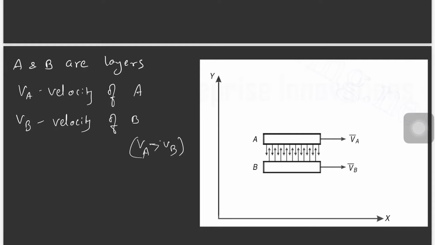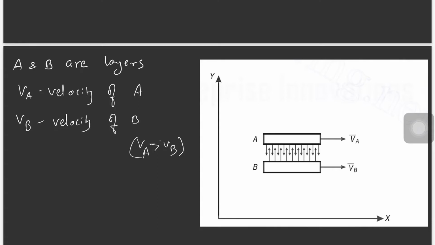Relative velocity is the velocity with which one layer travels in consideration to another layer if the other layer is considered to be at rest. If you consider VB is at rest, then how much velocity is VA moving? That is our concept. The same as if you travel in a bus or train, when some other bus or train is overtaking you, you will notice that even though that vehicle is moving at 80 kilometers per hour, it will seem to you as if it is traveling at just 20 to 30 kilometers, because you are also traveling in that same direction. So only the difference between the velocities of both will be your final velocity.